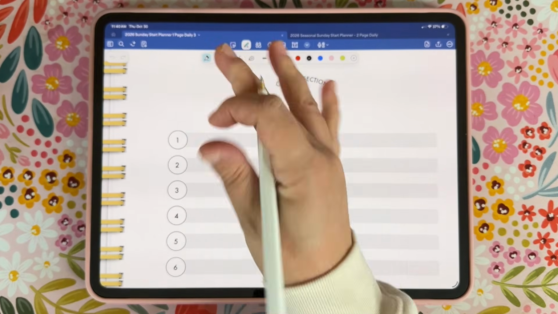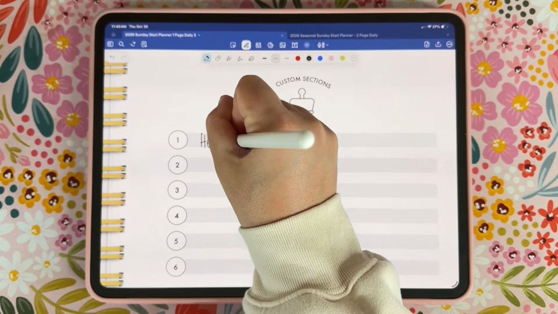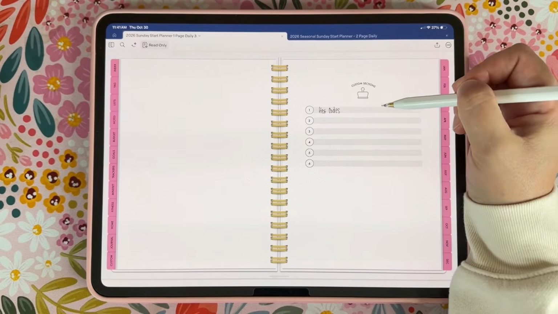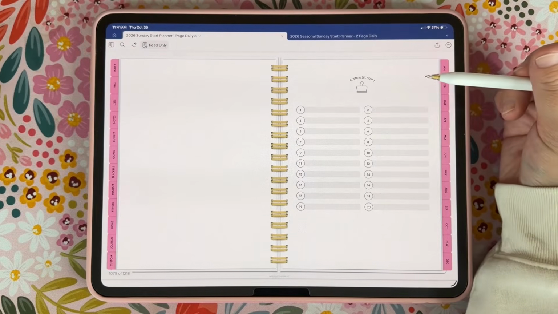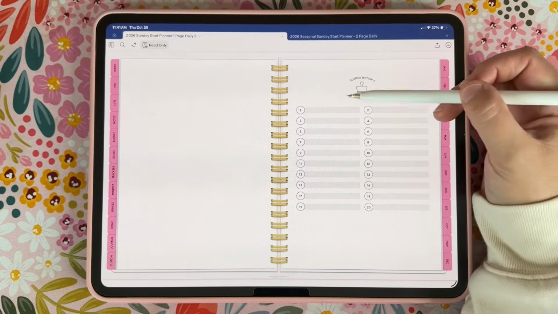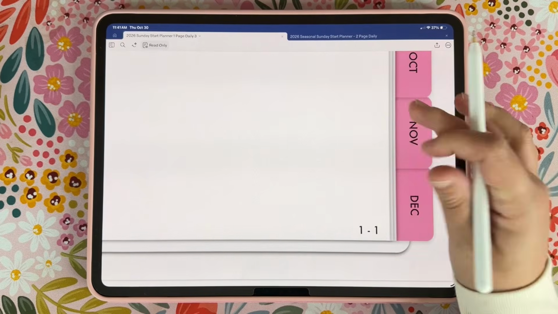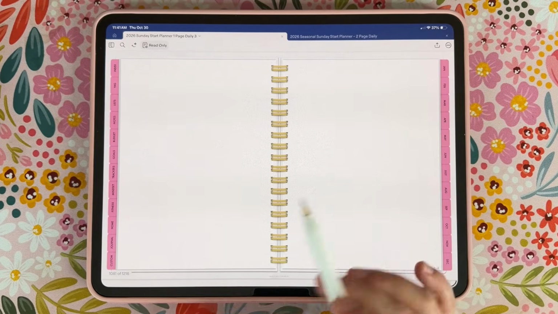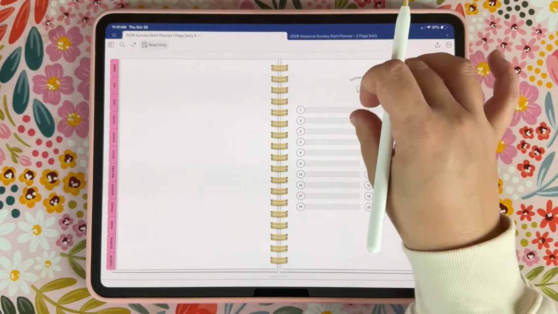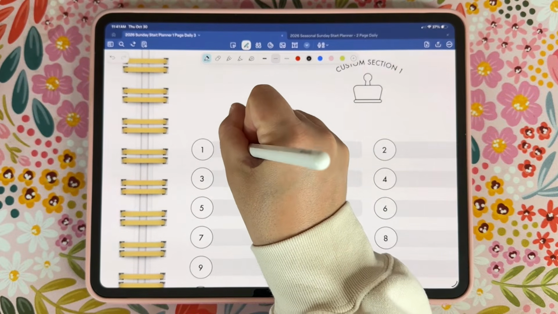What you're going to do is create a section for hex codes. So let's just say I want section number one to be hex codes. I'm going to write whatever I want that section to be here. And then I'm going to click on this, and it's going to take me to a custom section index. And each one of those custom sections has 20 hyperlinked pages. So if I click on number 1, it's going to take me down to custom section number 1, page number 1. And it's going to have 20 pages here, and all of those are going to be hyperlinked underneath that section. So if I wanted, let's say, my hex codes for summer hex codes,